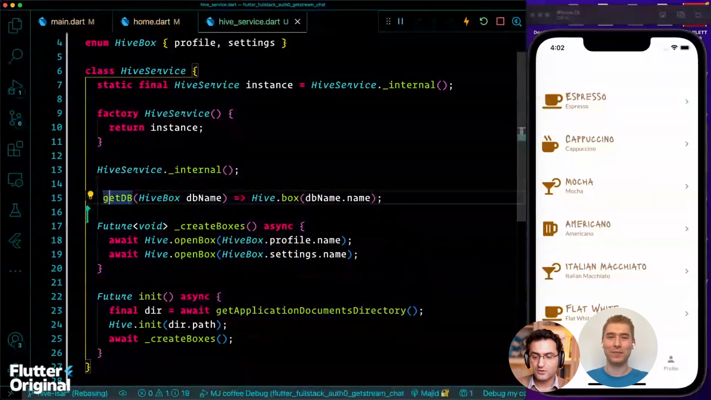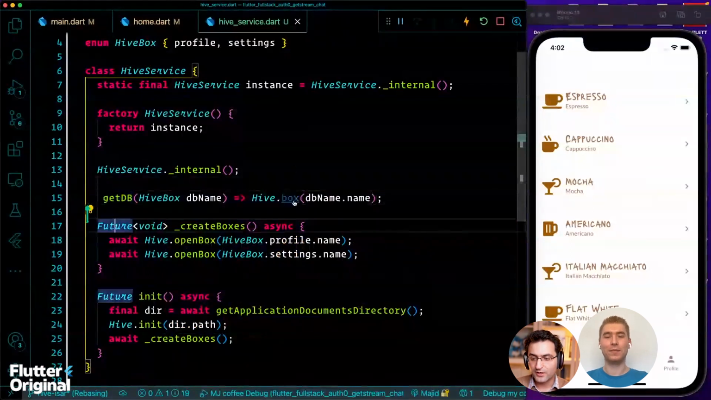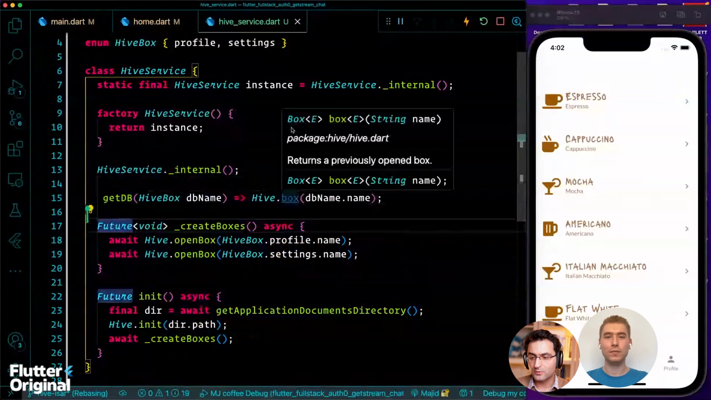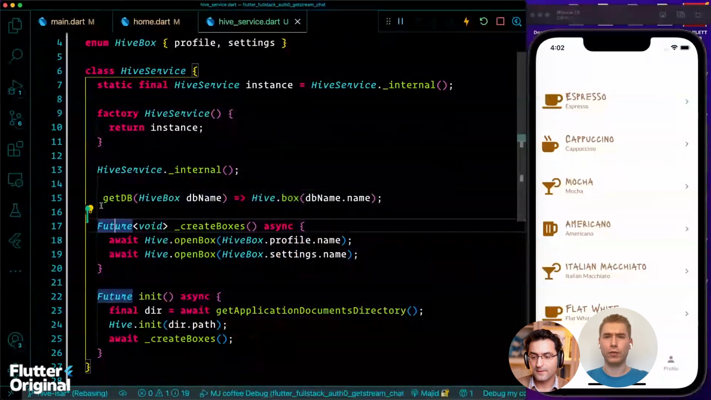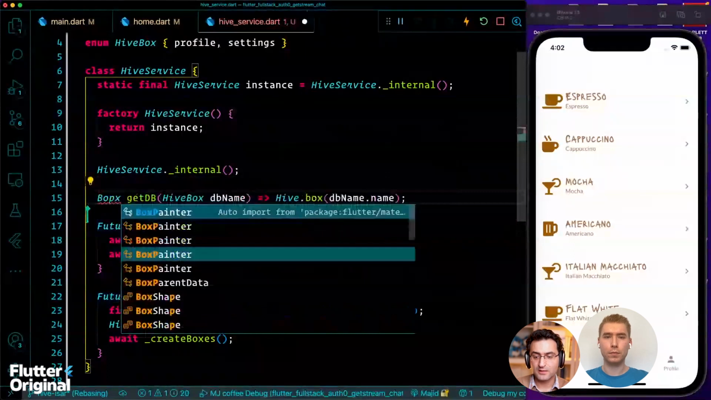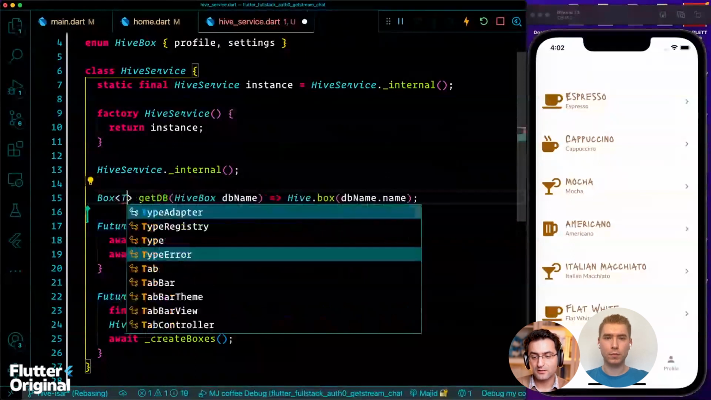And that is going to be, what is the return of the box? It's going to be box. I think it's just box. Yeah. So actually it's a box with some kind of